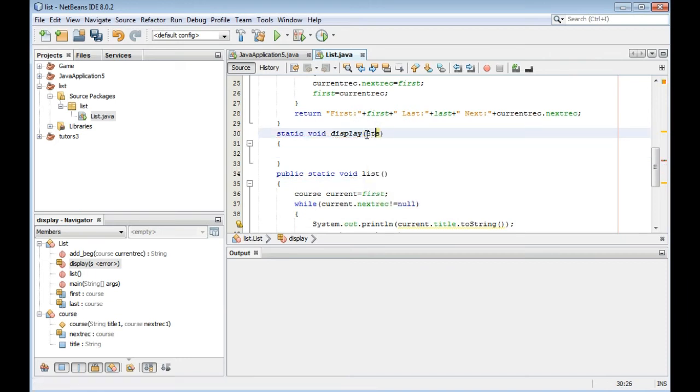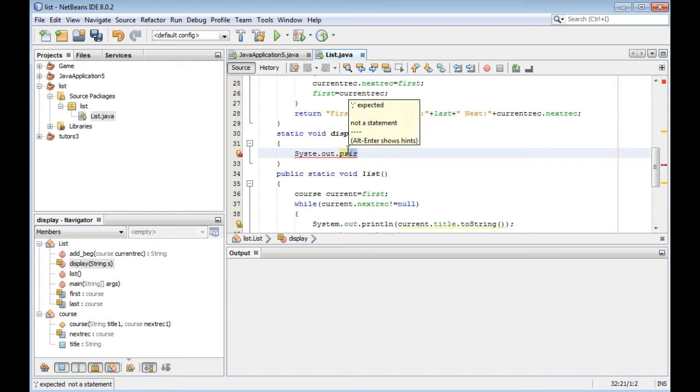How to display: System.out.println, and just display it.